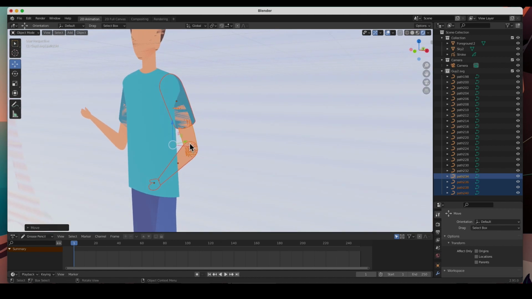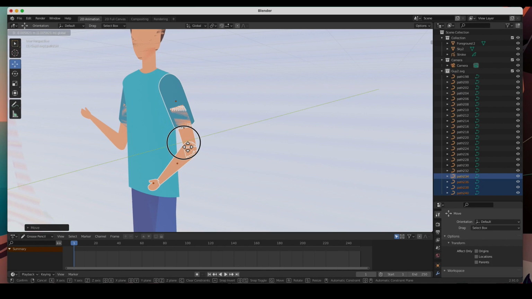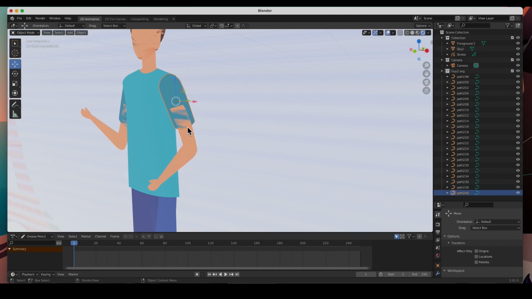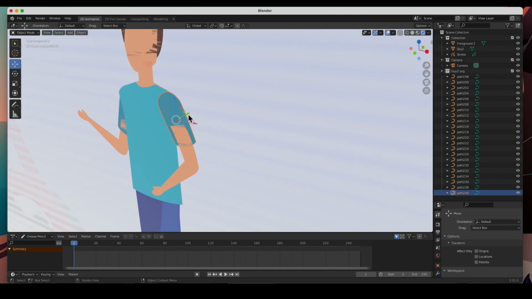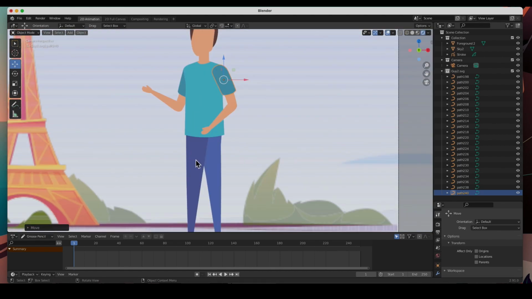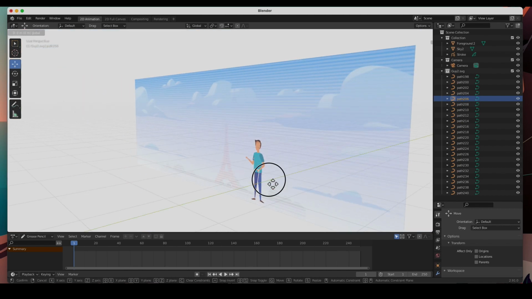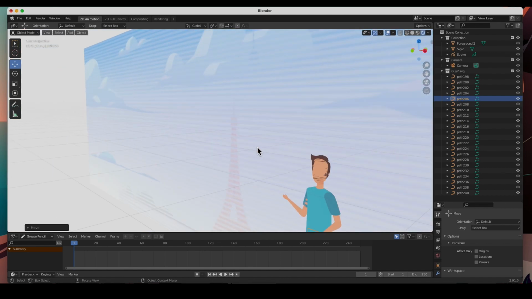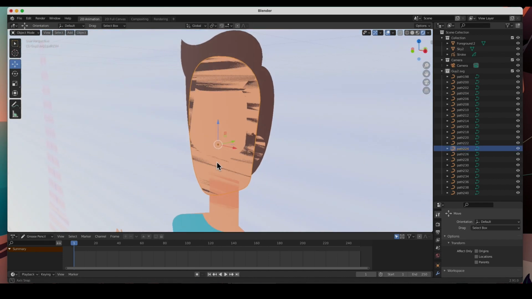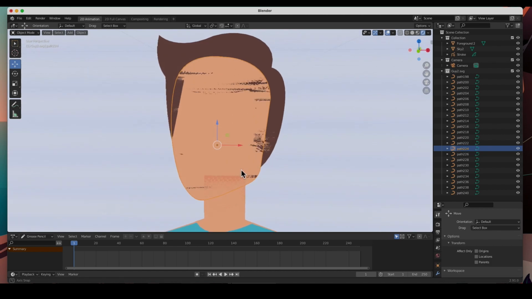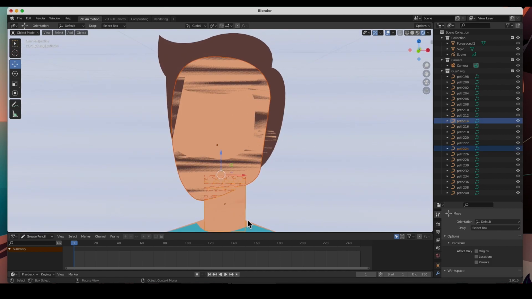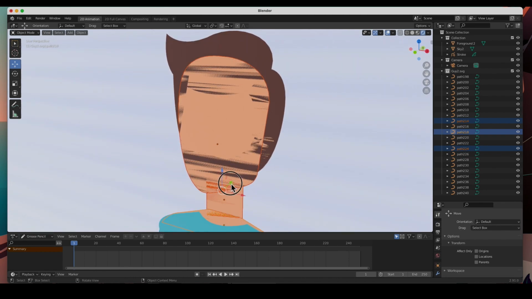It's a little hard to see that green, the Y axis. And let's push this one a little bit forward like that. And he's looking a little bit better. Now let's push this one back. And then let's work on the face. Grab this, grab that, and this. And let's push all these back.